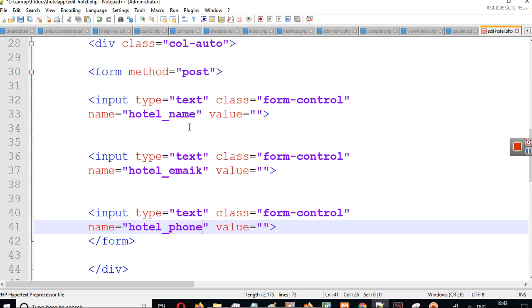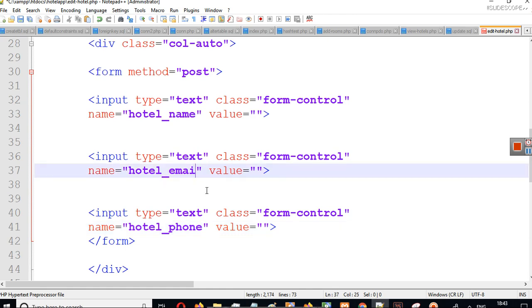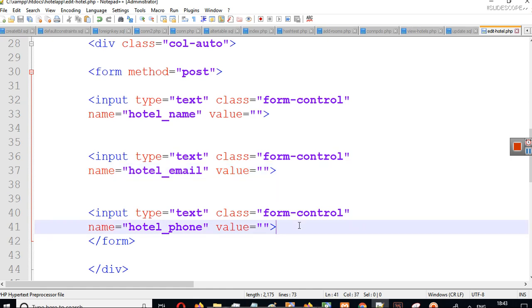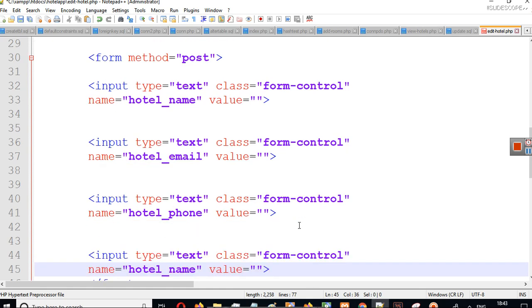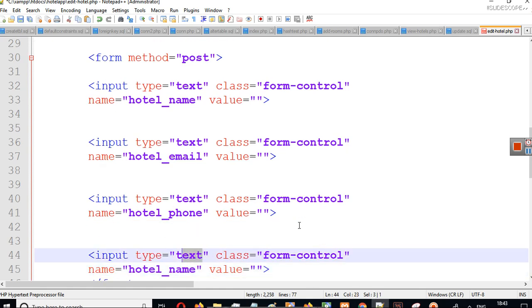So now I am giving the super administrator an option to edit hotel name, email, and phone. And you can create a form in a similar way to edit any number of values. Then we will give them a button here, which will be input type is equal to submit.